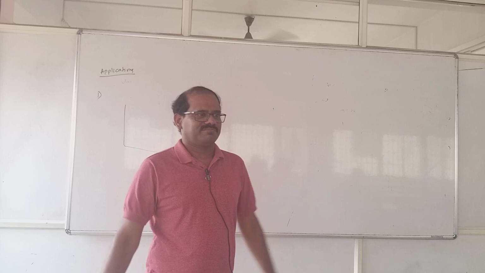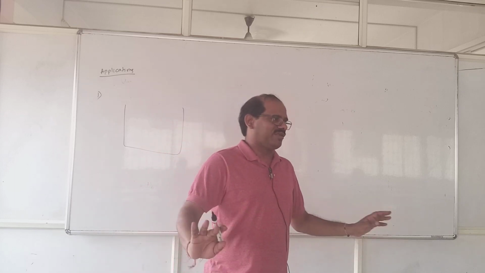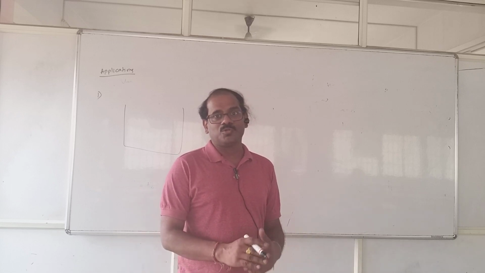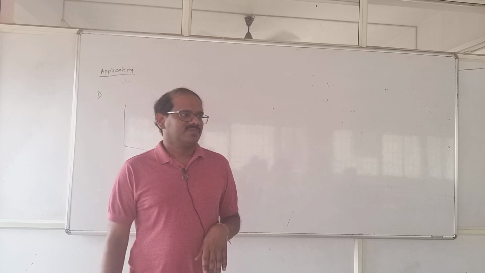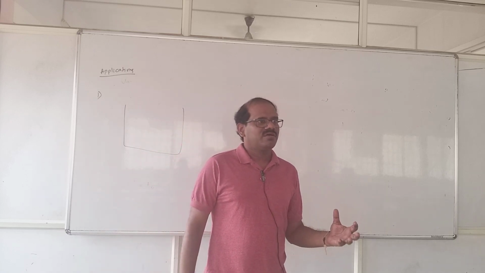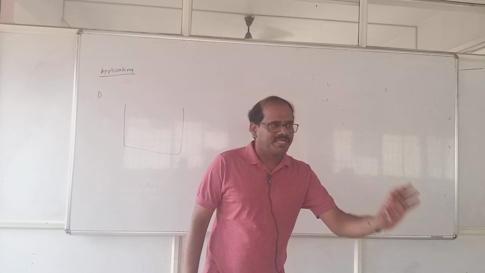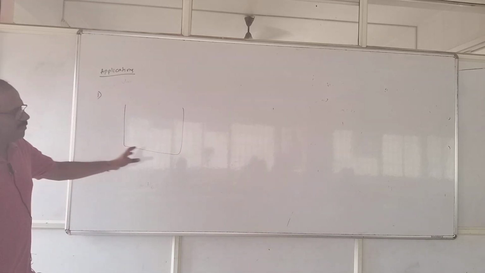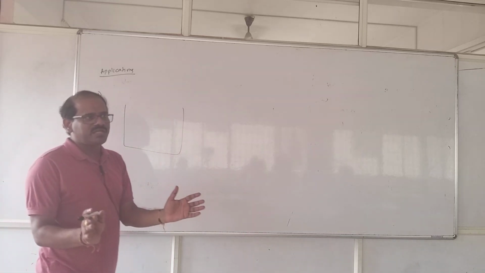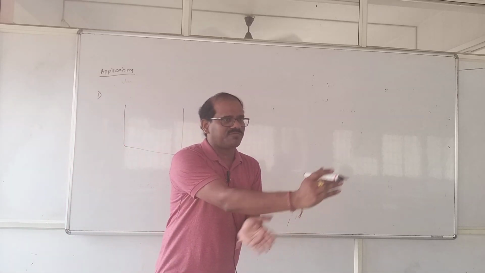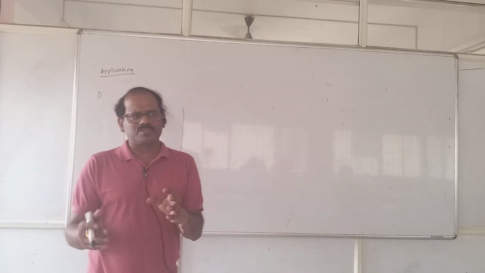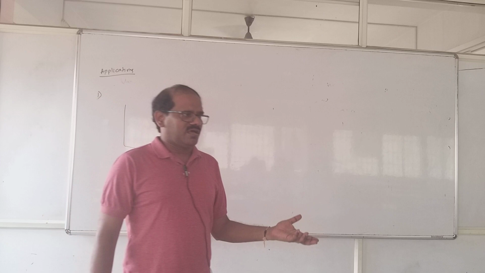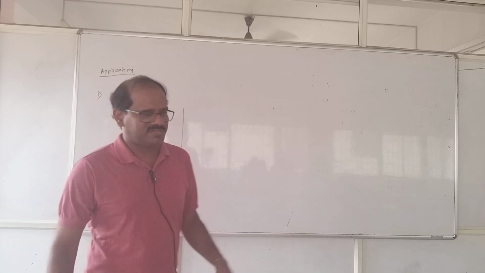For 7 seconds you should not do anything, whether the problem is easy, difficult or whatever it is. Keep quiet for 7 seconds, otherwise you will tend to make silly mistakes. In those 7 seconds you should form the idea of the related concept to which the problem might belong, and while doing it you may also change the plan. Whatever applications I am giving belong exclusively to the pressure variations with height and length. In between, some geometry, trigonometry or Newton's laws, free body diagram may come, but mainly this.